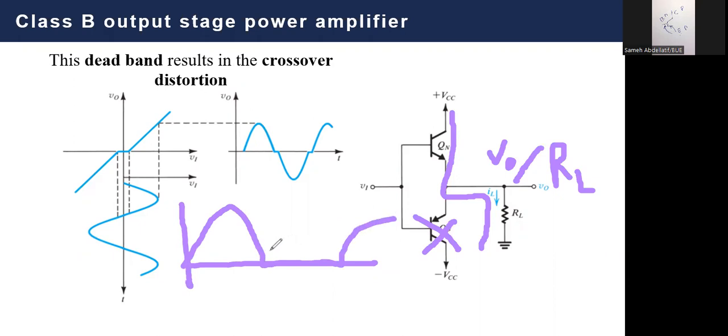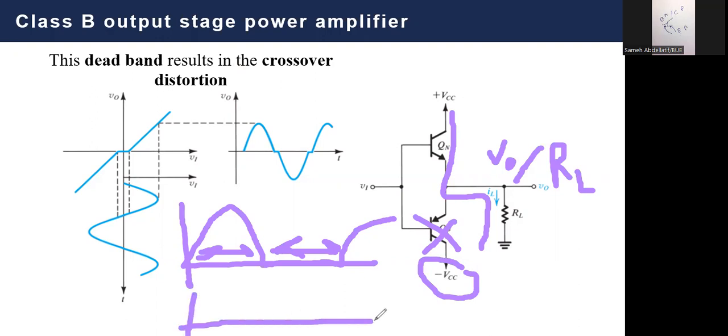And so on. So in the positive half cycle, your supply is turned on and it's applying a current equal to V output over RL. In the negative half cycle, this Qn will stop working and it will turn off. Alternatively, the lower supply, or negative VCC, will have the opposite operation. So in the positive half cycle, it will be turned off, and in the negative half cycle, it will